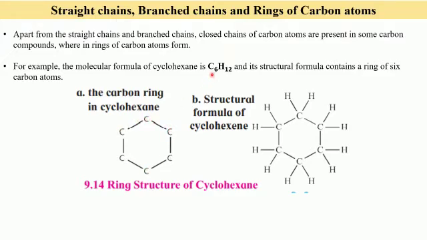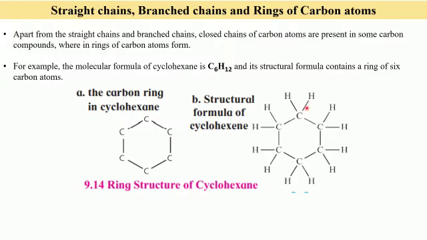Now to these 6 carbon atoms we have to attach 12 hydrogens. So here you find that to each carbon 2 hydrogen atoms are attached. Carbon has tetravalency, so you can see that carbon has shared 1 electron with this hydrogen, 1 with this one, and the other 2 electrons are shared by these 2 carbon atoms. So 1 electron with this and the second one with this. So in all 4 electrons,